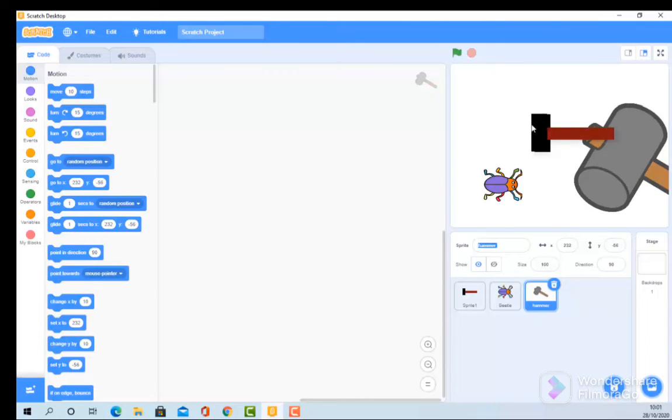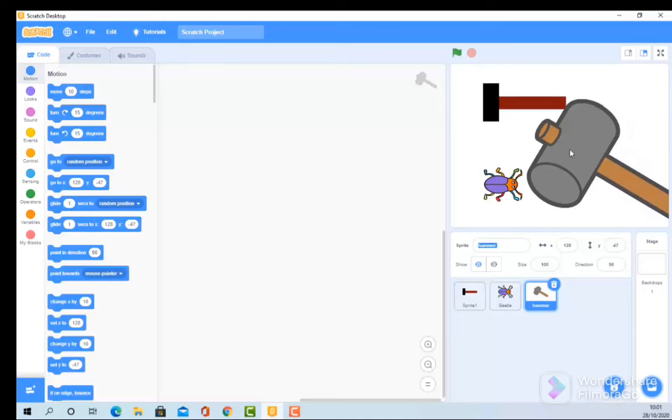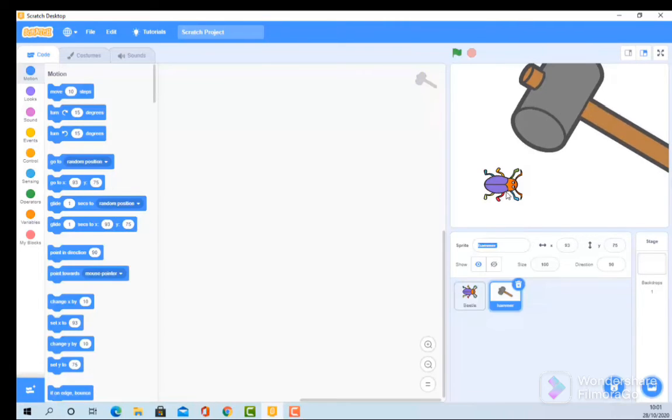All I want you to do is to create just two graphics for me. I'm going to leave that giant hammer. I'm going to get rid of this one here. It says sprite one. I'm going to bin that one. I like my hammer. I like my beetle. I think that's going to make a good smashing game. I don't like the size of them, but that doesn't matter. All I want you to do is now to fire up Scratch and to make me a hammer and a beetle. But really, really, really importantly, when you've done that, because I'm not using the web-based version, I'm using